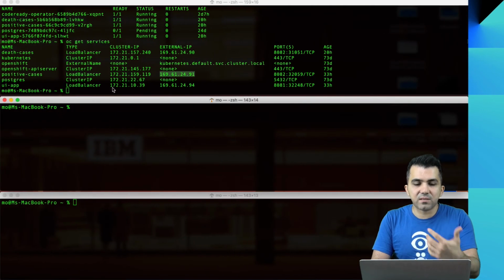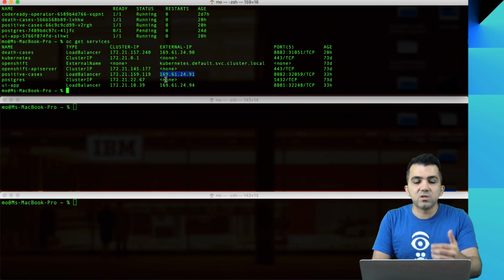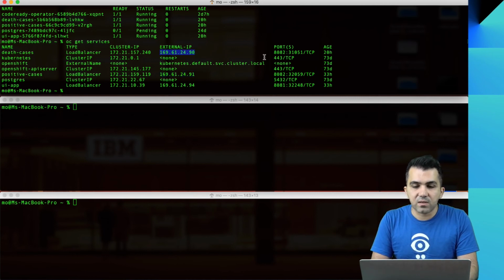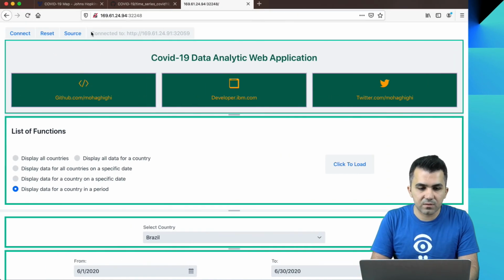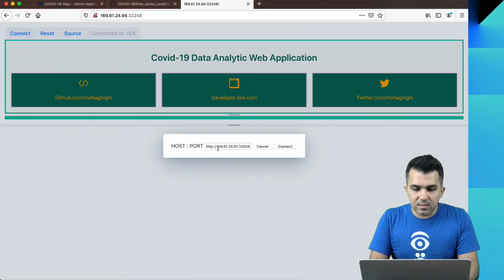You remember that when I got my services from my Openshift cluster, I have one for positive cases and the other one for death cases. So far we've only used the one for the positive cases. Let's take a look at what it's like for our death cases as well. That is on port 31051. So if I reset, and then this is on 90.